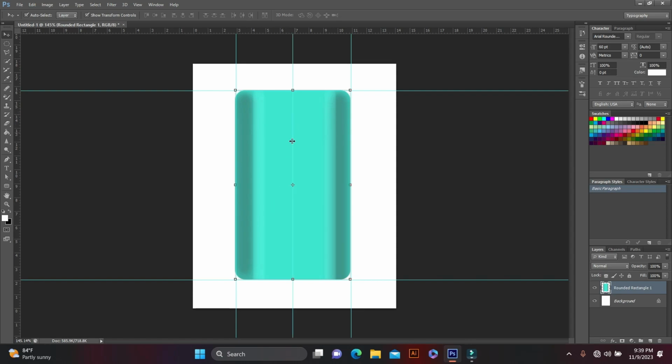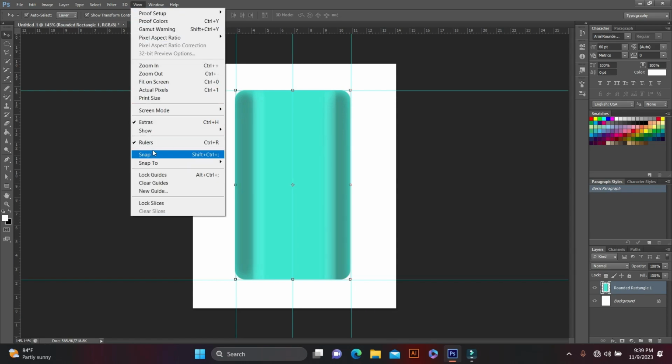Okay, if your snap is not turned on, you cannot see these edges. In that case, you have to go to View and Snap, and you can select Snap is on from there. Snap is guide. You can turn on your snaps, then you can see the middle and all the edges